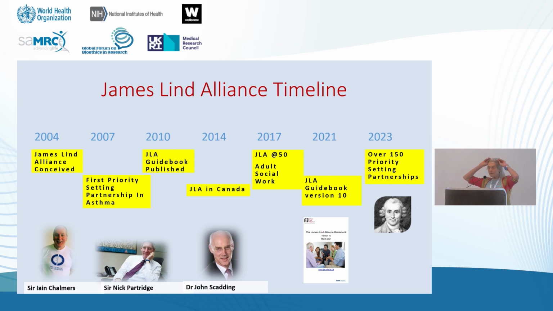So I'm going to spend a couple of minutes just telling you a little bit about James Lind Alliance. And the reason for it is that I'm a James Lind Alliance advisor. So I know a little bit about it, but I think you'd hear a slightly different story from any of the advisors. Here's a James Lind Alliance timeline, and it's actually been around for quite a long time, from 2004. The actual guidebook and methodology was developed sort of between 2007 and 2010, which is, I think, when the first guidebook was published. And the process has been developing and learning.